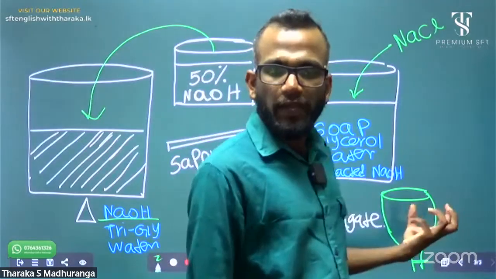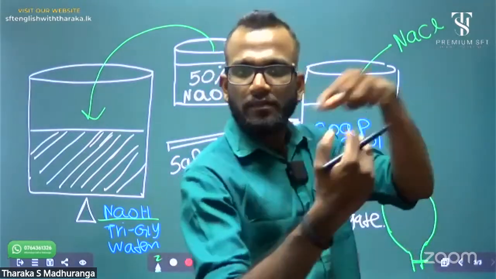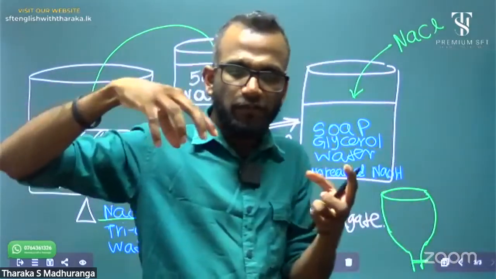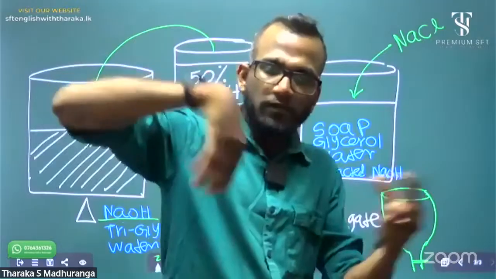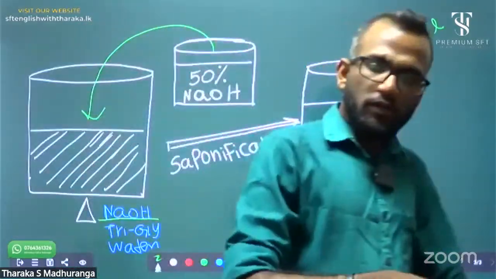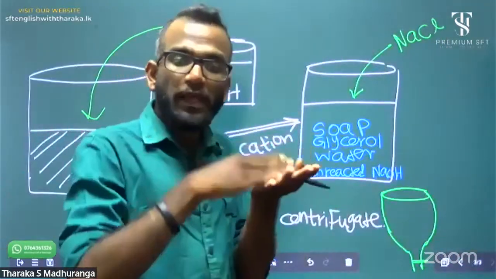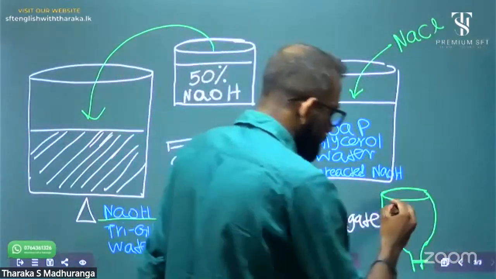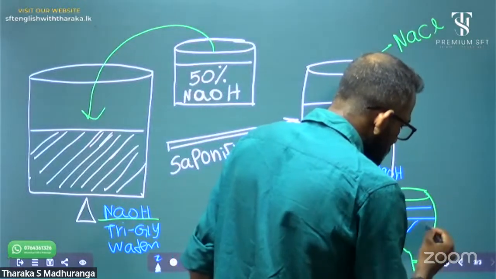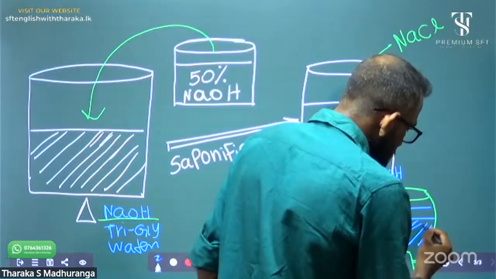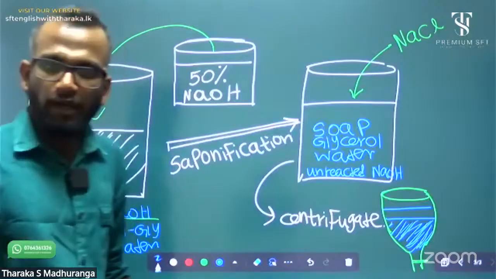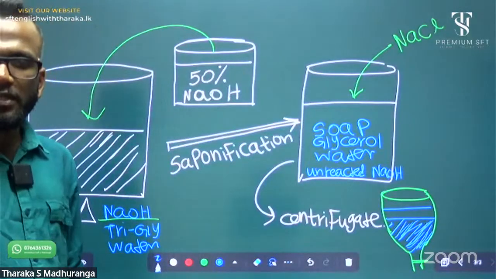The centrifuge is just like a funnel. What happened when we add this solution into this centrifuge? It's rotating. Due to rotating, high density particles go down and the low density soap layer comes as the top layer. This is the top layer. Now dense glycerol is there.